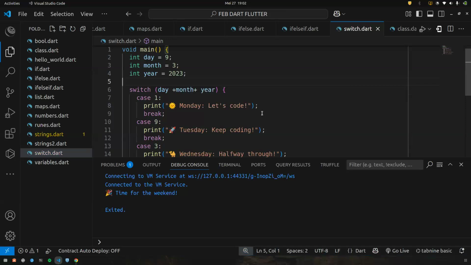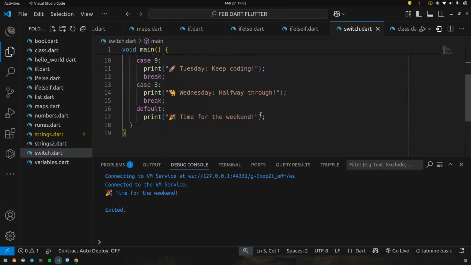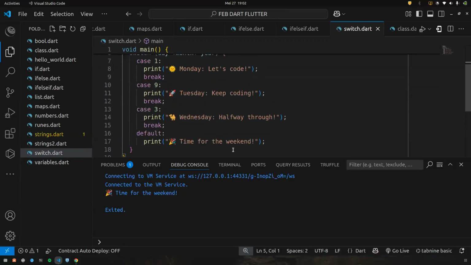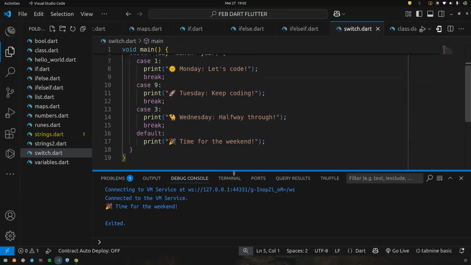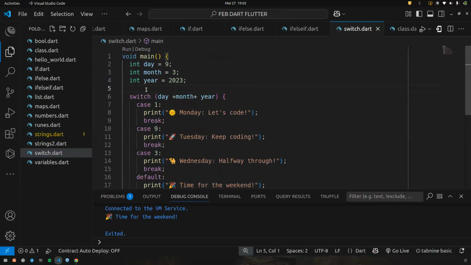Time for the weekend is giving us time for the weekend because none of them meets all of 9, 3, and 2023. Yes, our 9 gave us Tuesday, keep coding. So let me change this switch to also have